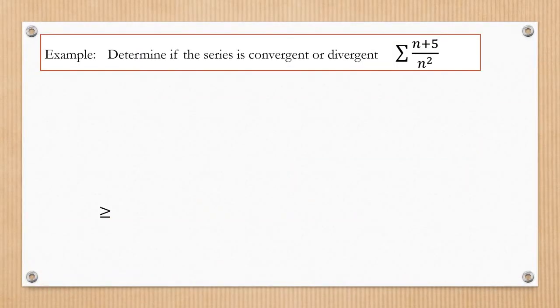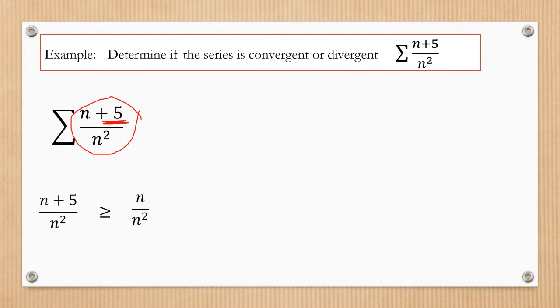Here is another example. Determine if the series is convergent or divergent. The series is n plus 5 over n squared. So, we will focus on this given. On this given, 5 here is not significant. Kasi nga, ang value ng 5 in this given is hindi siya masyadong magbibigay ng added value to the entirety of the fraction. Okay? And so, we are going to compare these two fractions